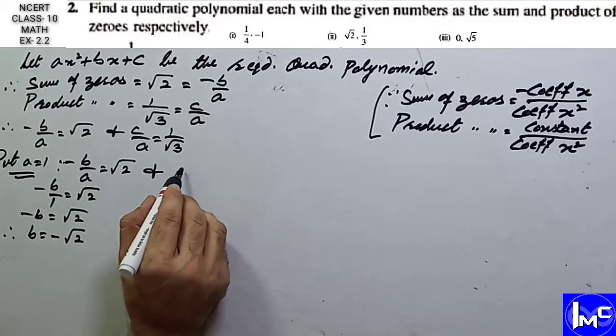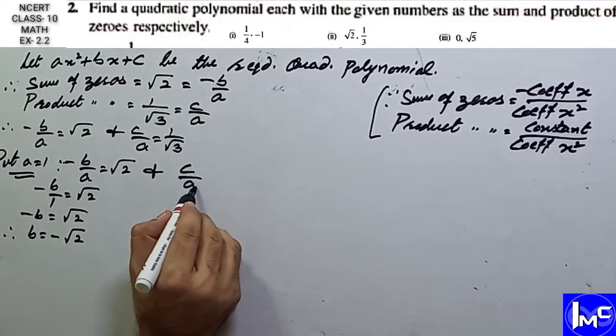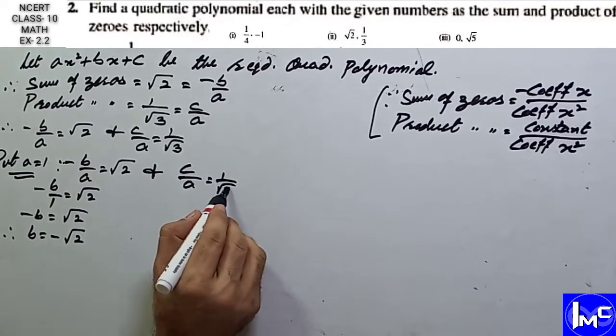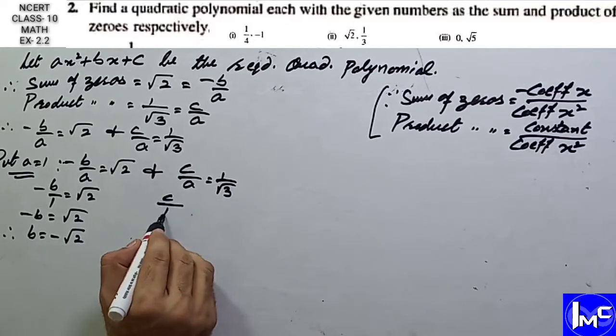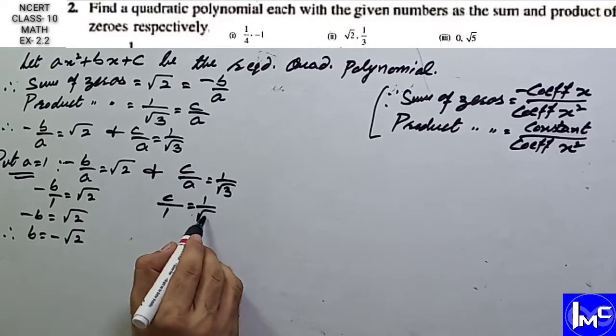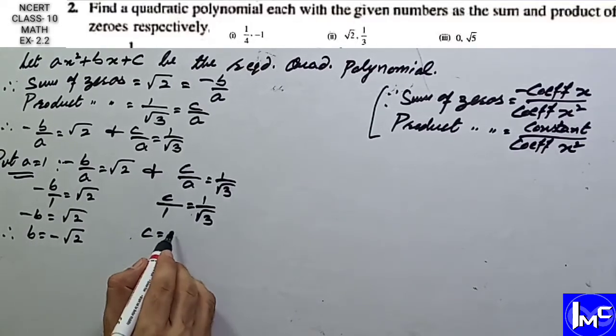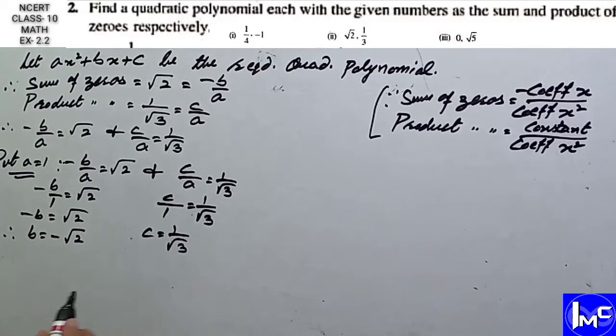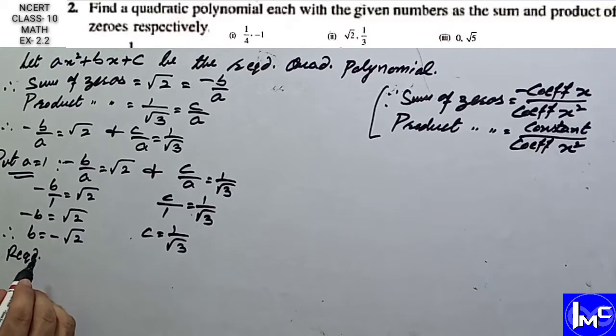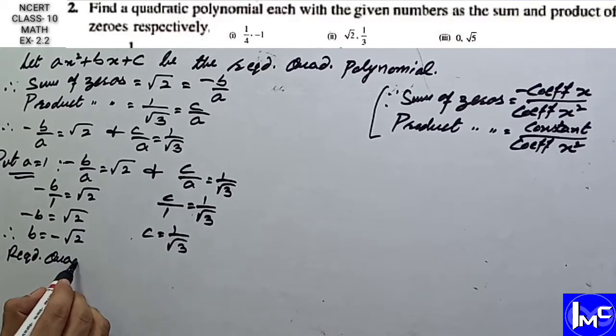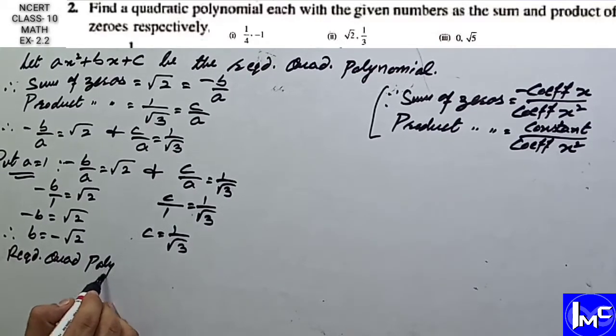And similarly, c over a is equal to 1 over under root 3, c over 1 is equal to 1 over under root 3, and so c is equal to 1 over under root 3. Therefore, the required quadratic polynomial